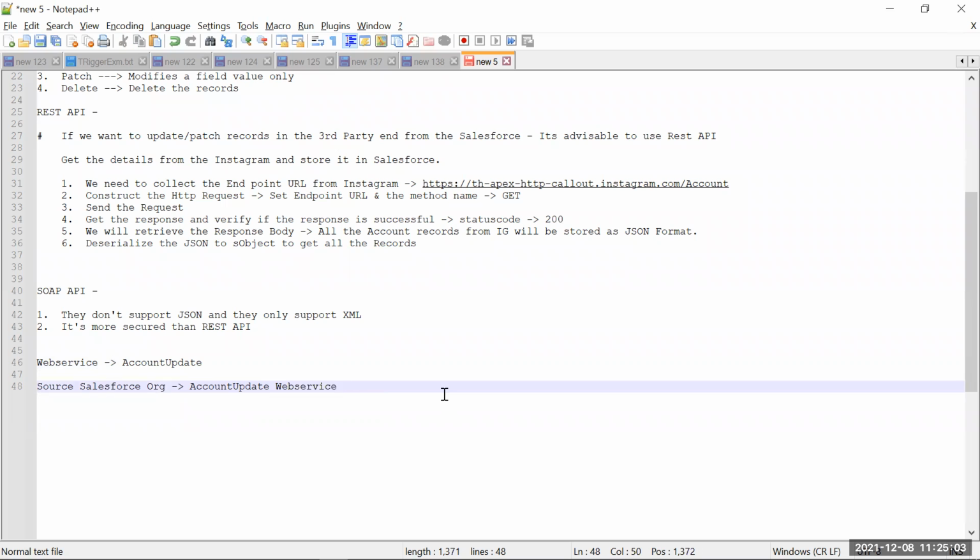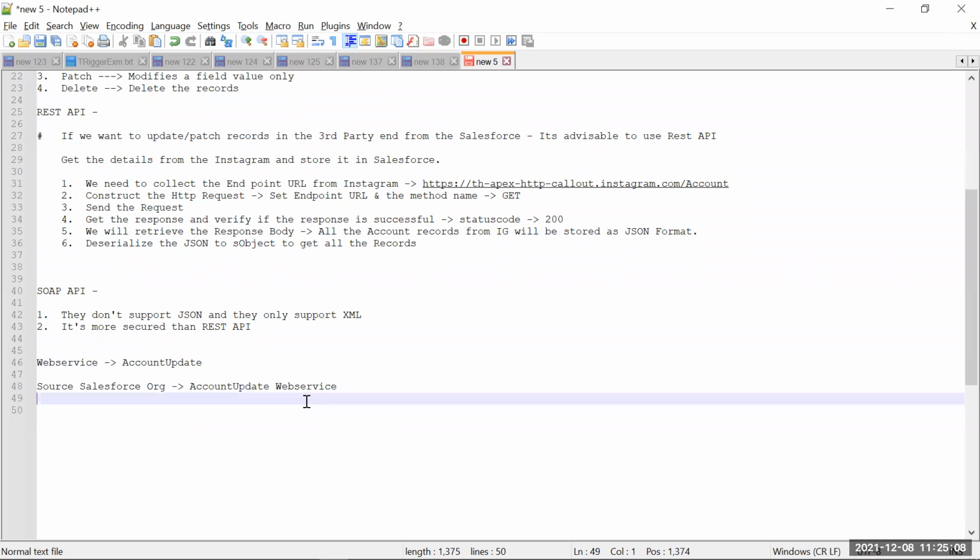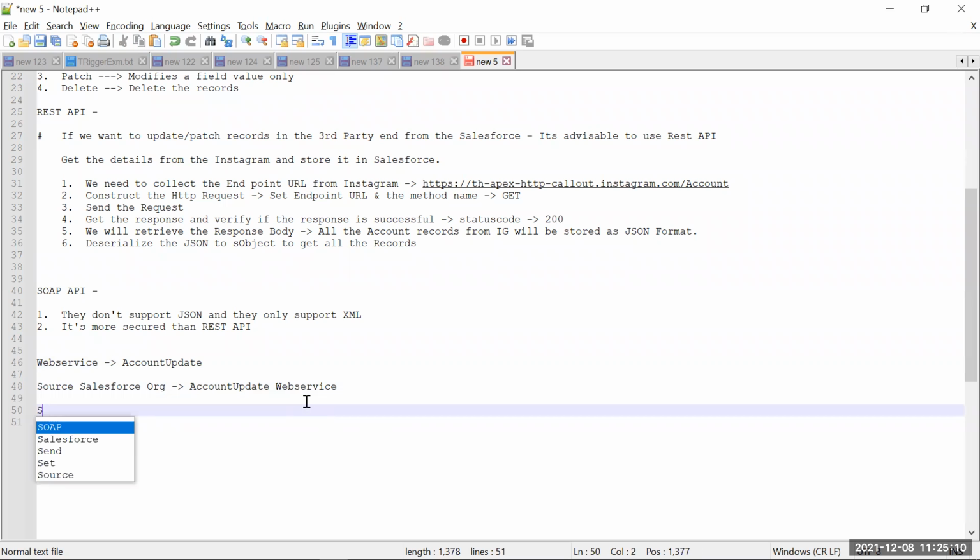Okay, so what will the source do now? In the setup, you can find there is a thing called WSDL file generation. So the source will first generate